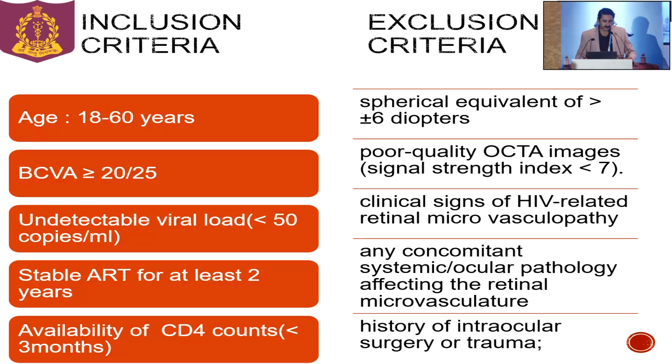The individuals included in this study are between 18 to 60 years. They had a best corrected visual acuity of 20/25 or better, undetectable viral load, and they are on stable ART for at least 2 years, with recent availability of CD4 counts within less than 3 months. And the people who are excluded from this study are having refractive power